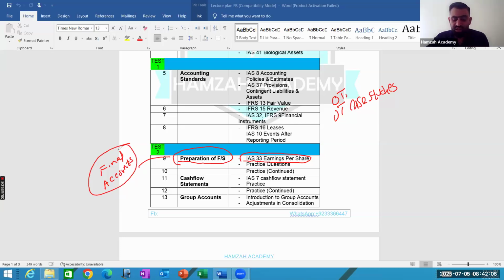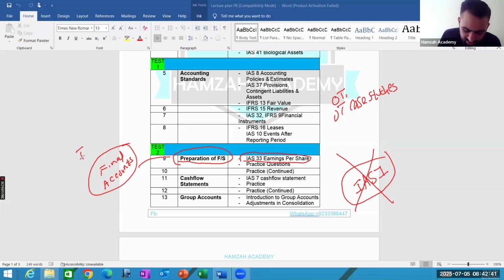In this area, we will also learn the final accounts, how to prepare the financial statements. And there is a major change in this area, and let me tell you that change. Previously, the standard which governed the preparation of the financial statements was IAS 1, International Accounting Standard 1, the accounting standard which guides us on how to prepare the financial statements. But now IAS 1 has been replaced by a new accounting standard